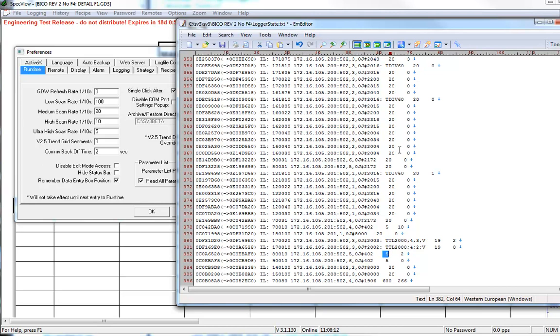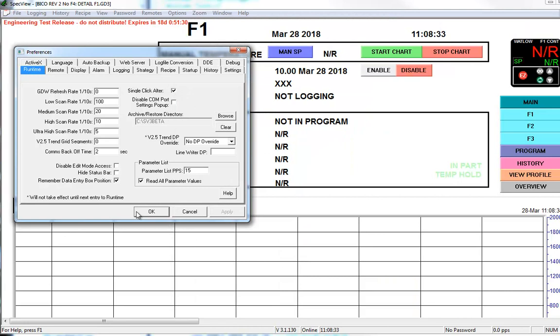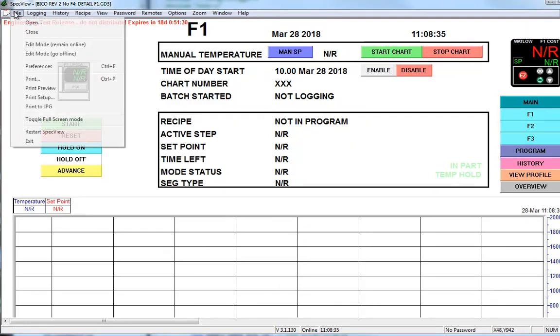How can we find out what the variables are that are causing the issue? Well, I'm going to concentrate on this one for a moment. This one at half a second, this thing behind the IL is SpecView's unique identifier on the variable. So that's 80,010. So back in SpecView, if we go offline,